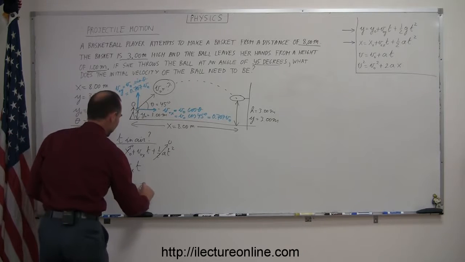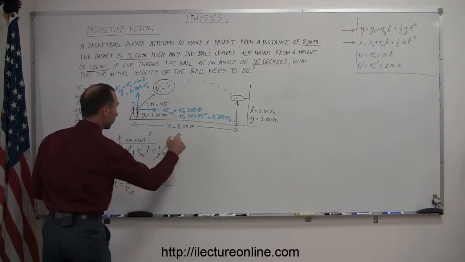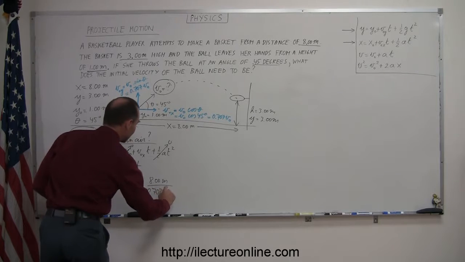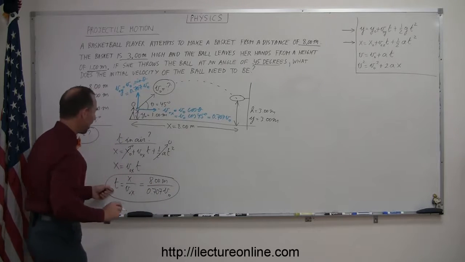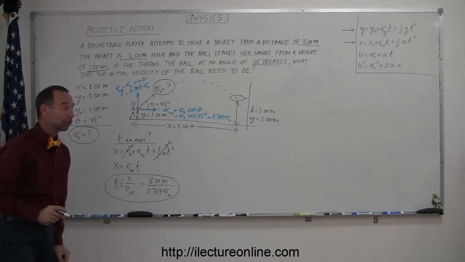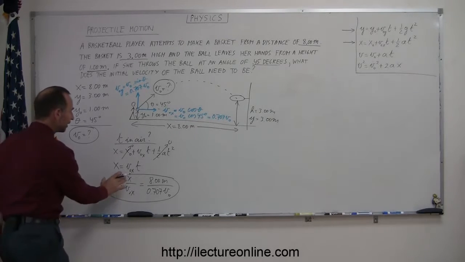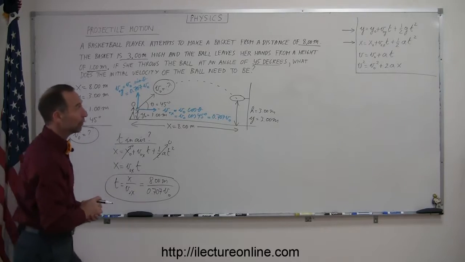And so that means that a distance of 8 meters divided by v initial in the x direction, which is 0.707 times v initial. So here I have now expressed the time in the air in terms of the initial velocity. If I now plug this into my second equation of kinematics for the vertical component,